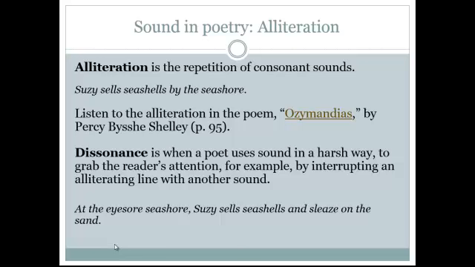At the eyesore seashore, Susie sells seashells and sleeps on the sand. So that eyesore seashore has broken or interrupted the alliteration and gotten our attention and drawn us to this idea of the eyesore seashore, which conveys something completely different than the innocent line of Susie sells seashells by the seashore,